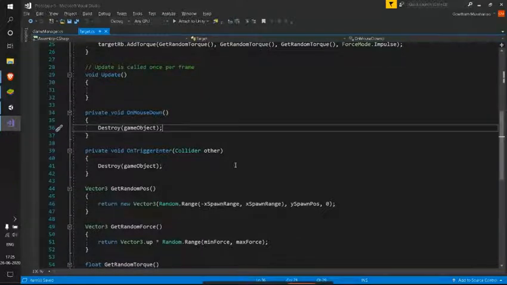So the whole point of our game is that we are generating some random targets, and we want our player to click on them so that they get destroyed. So what does a player get just by hitting them? Now we are giving a score to the player so that the player will be able to see the score and have some kind of fun element.